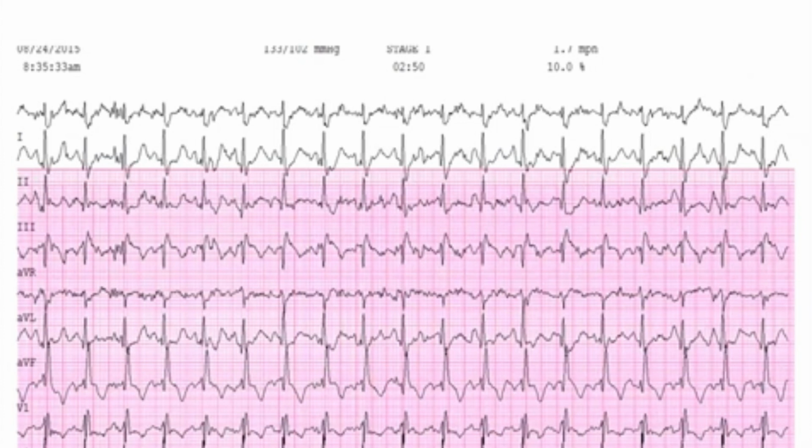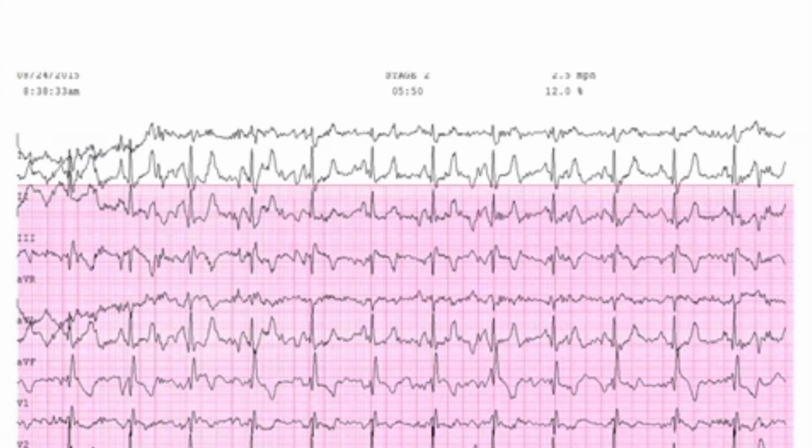And we see it first with the treadmill, stage one, at the beginning of the exertion. And heart rate picked up. I don't know, it's closer to 100. Everything looks good. And the PR has not changed. Then stage two, that means more exertion. More exertion, and back to your question, AJ,